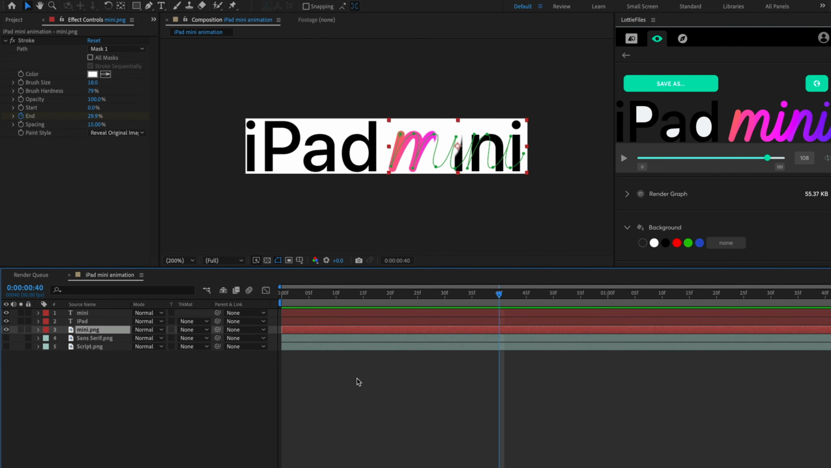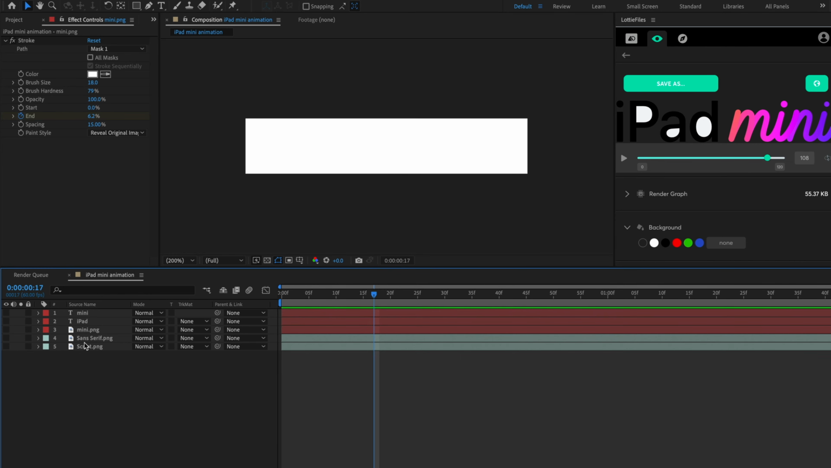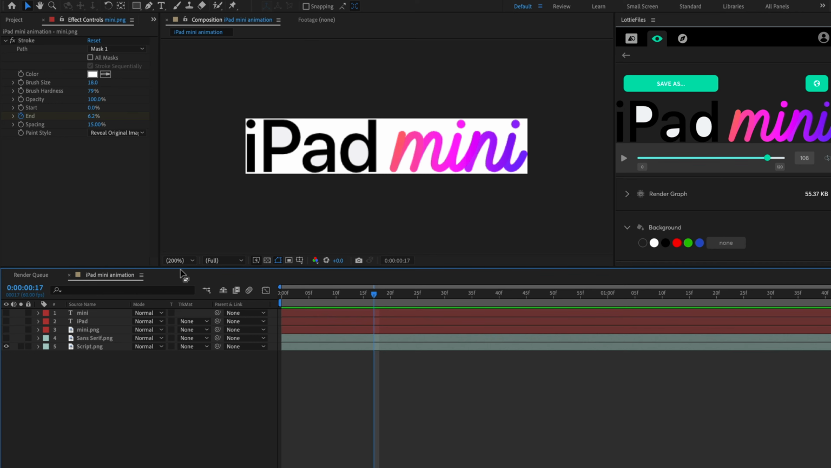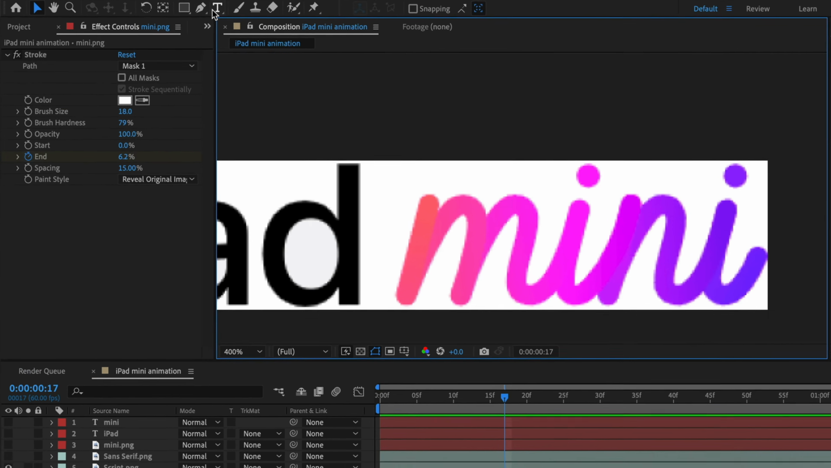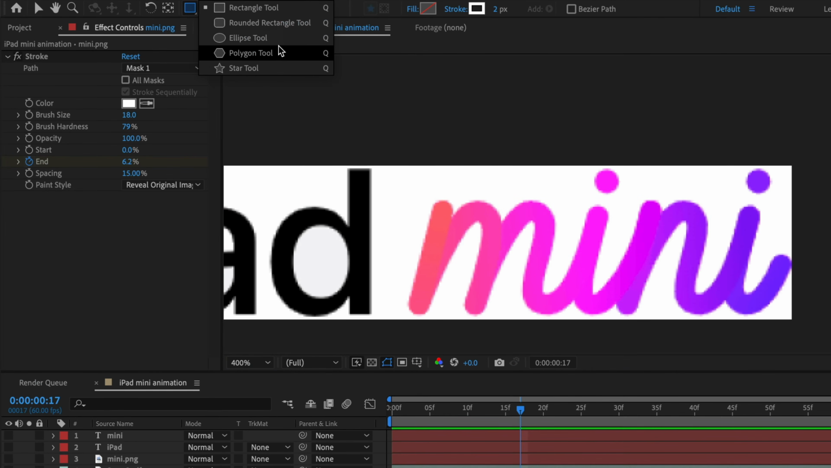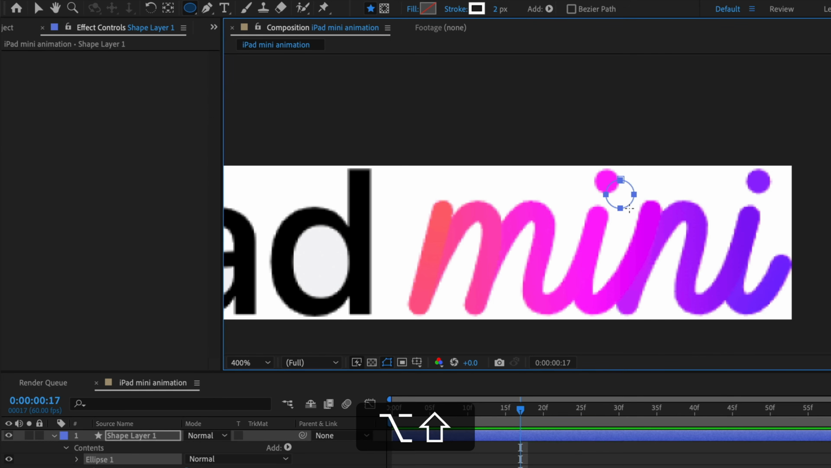Okay, so the last part will be to add the dots. And for that, very, very simple. Maybe you already guessed it. We just need to create 2 circles and just animate the scale. So for that, I will just hide all of these and I will use this one, the script version. And I can zoom maybe, I don't know, 400%. I will press the space bar key and over here, select ellipse tool and I will create